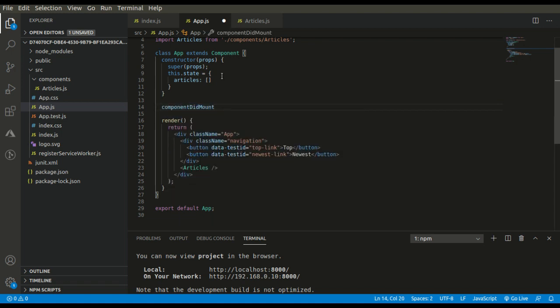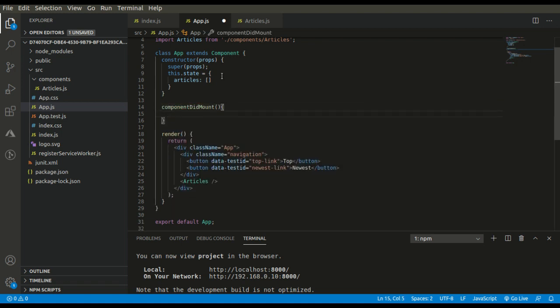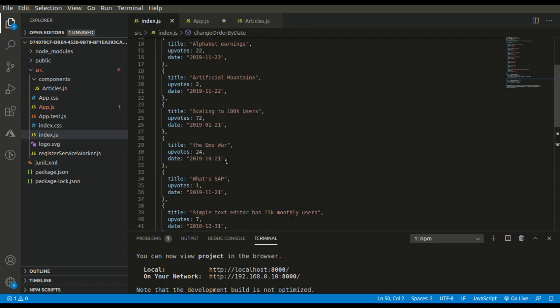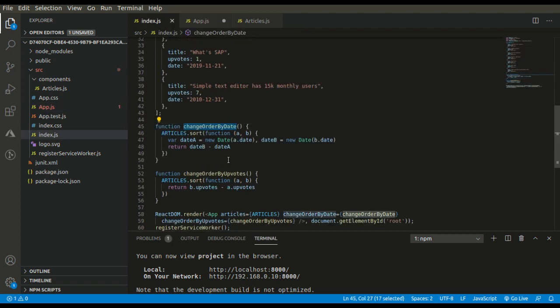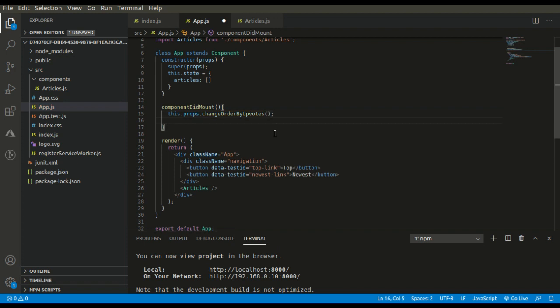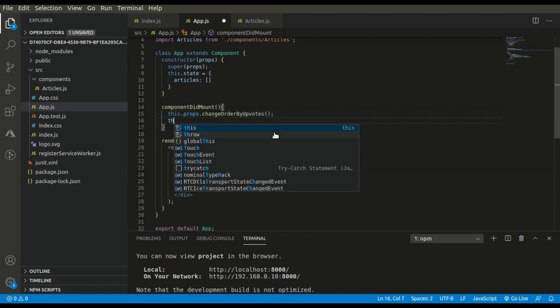So in my componentDidMount, let's code: let articles equal this dot props dot, and we have called that function.